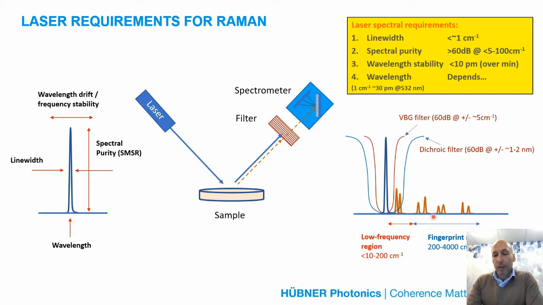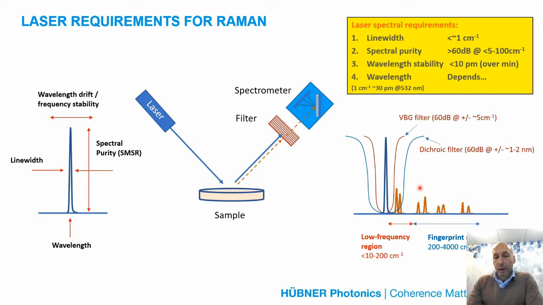Most of the material characteristic Raman peaks are located in the so-called fingerprint region, a few hundred to a few thousand wave numbers away from the laser. Those peaks can fairly easily be recorded by blocking the Rayleigh scattered light with a dichroic filter, which can offer up to 60 dB blocking at plus minus a few nanometers. However,